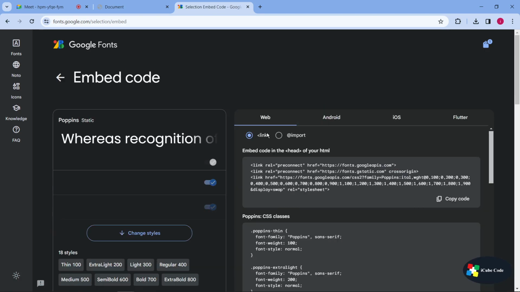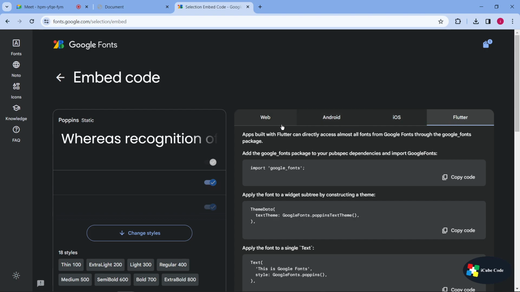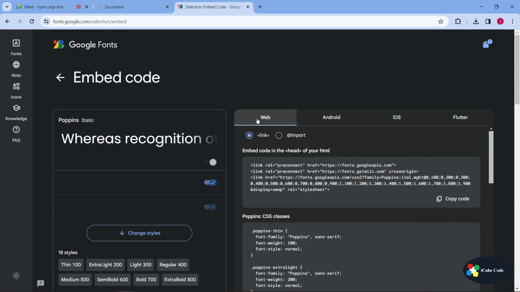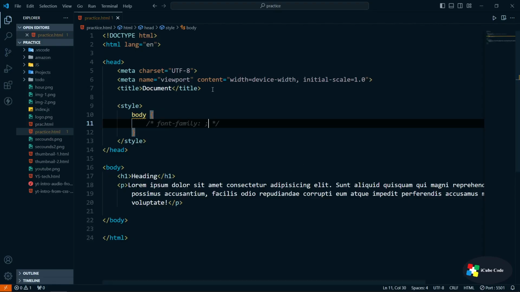Click on embed and you see web, Android, iOS and Flutter. So all these three things we have right now. We are doing for web, okay. So either you can get the link tag or you can import it, okay. So link tag, how you have to do is you have to copy this whole thing and paste it in your head tag. Let's go there, paste it here,